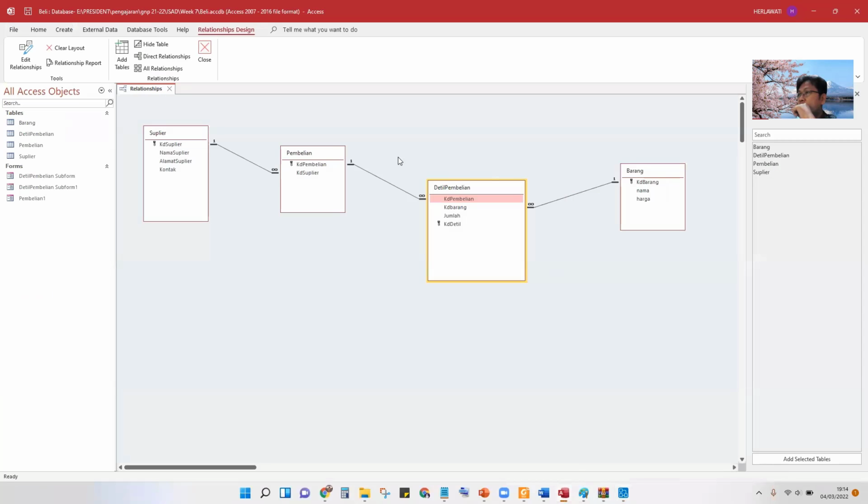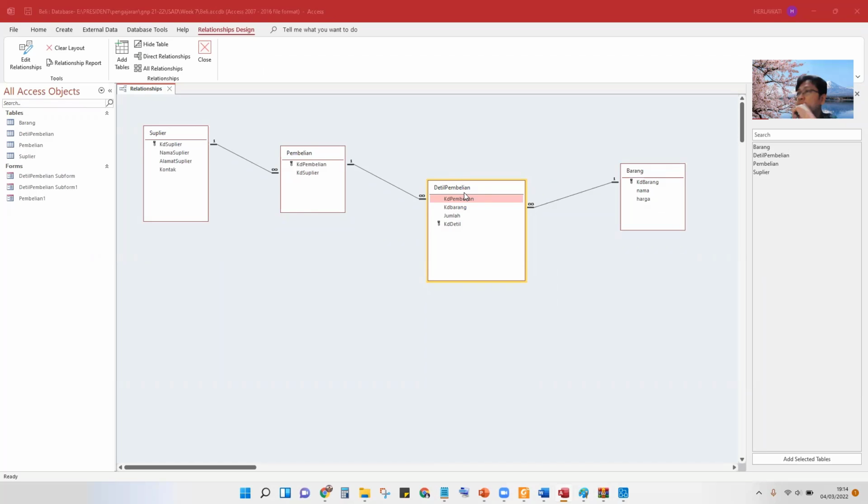So we have to use the detail. Detail means that we can get a transaction with a lot of items or stuff. We use the detail code, detail ID here, because we use the relational database.